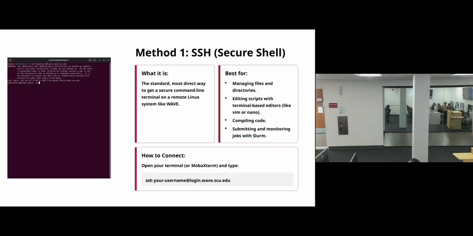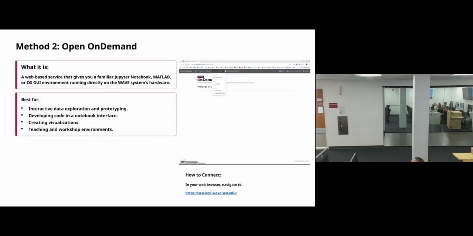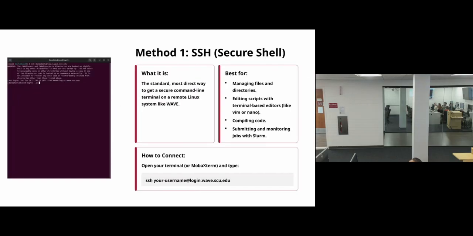Okay, so method 1 via SSH. So again, you type in SSH, then your username at login.wave.su.edu, and then you're going to be asked whether you want to connect, and then you'll be asked for your password, and then it'll connect.